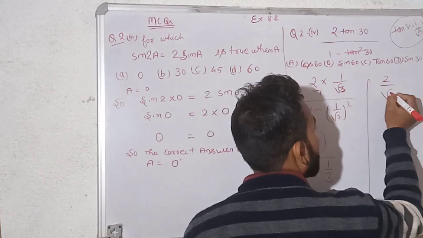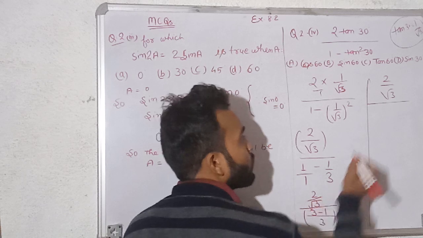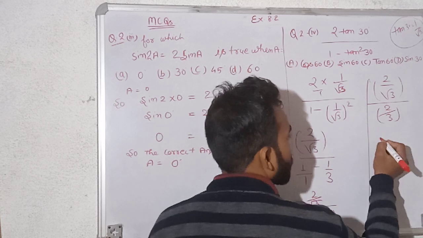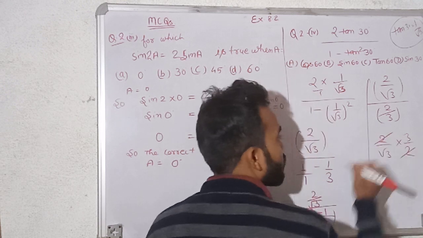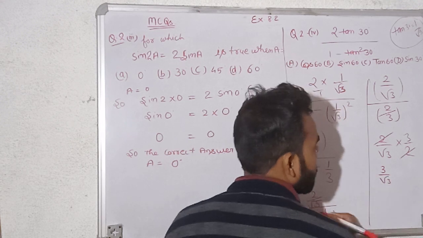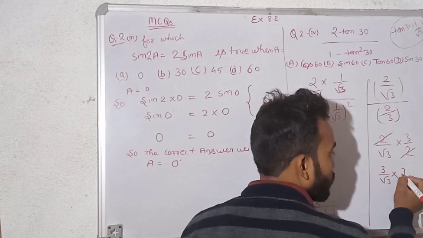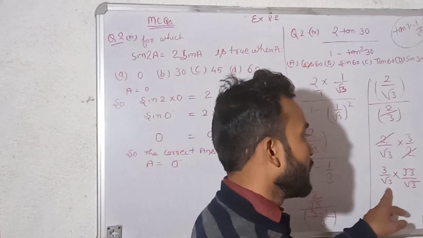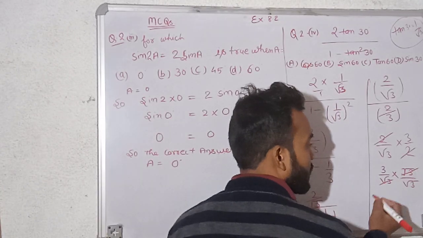2 by root 3 upon 3 minus 1 it will be 2. So 2 by 3, it will be reciprocal. So 2 upon root 3 into 3 upon 2. 2 will be cancelled out from 2 and it will be 3 upon root 3. 3 upon root 3 is equal to 3 root 3 upon root 3. We do rationalization of root 3 and becomes root 3 upon root 3. Root 3 cancel out from the root 3 and become,